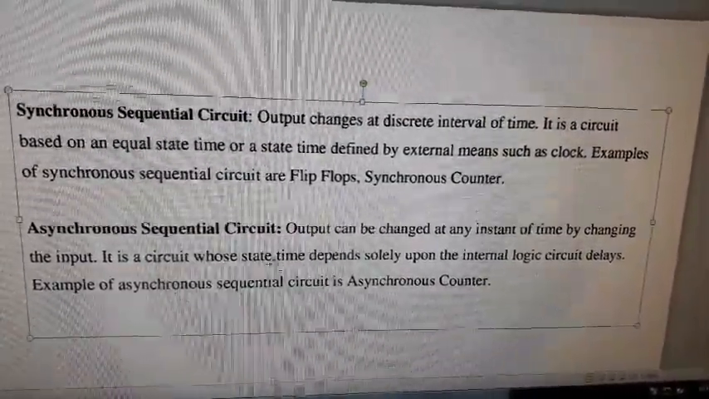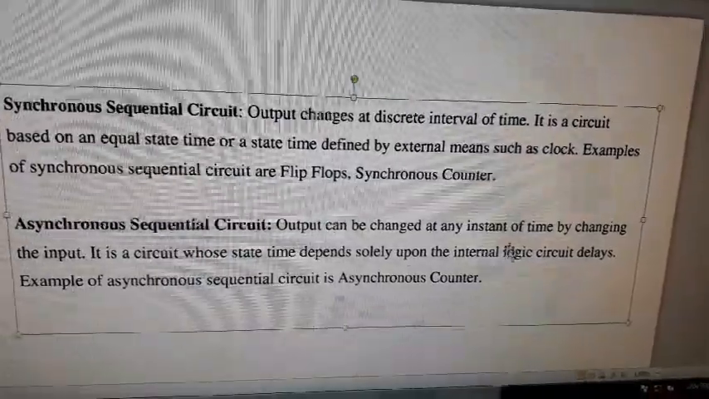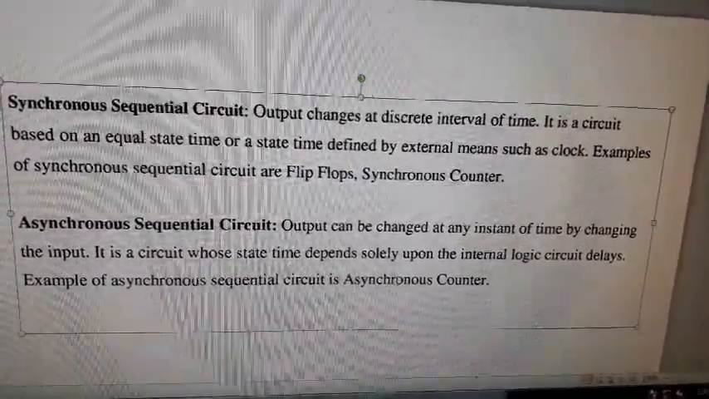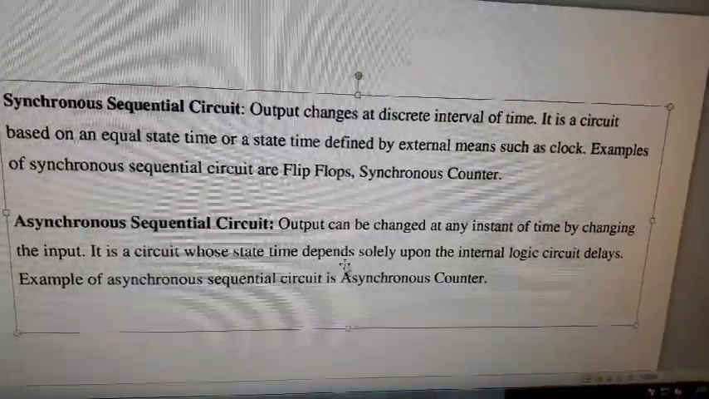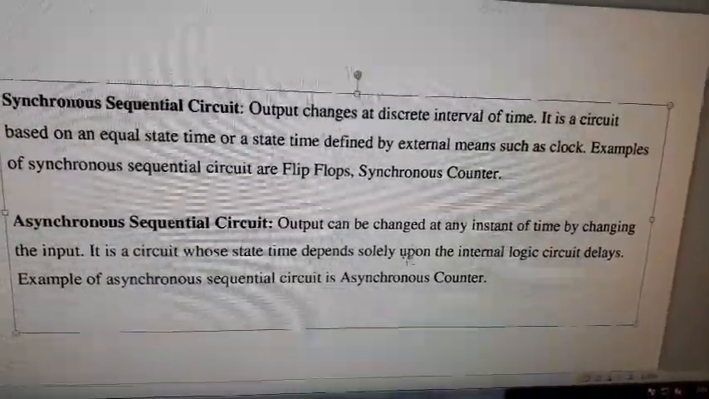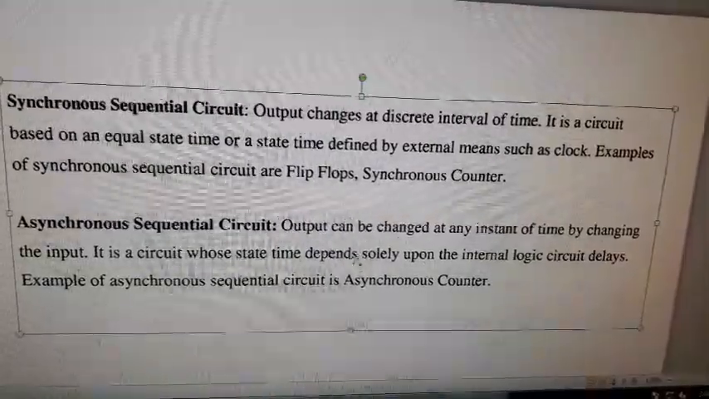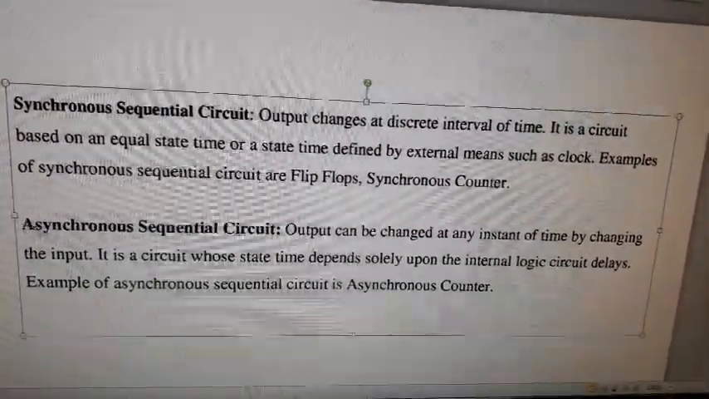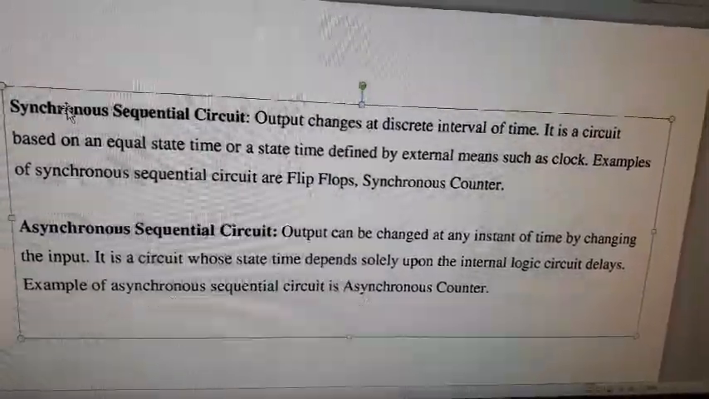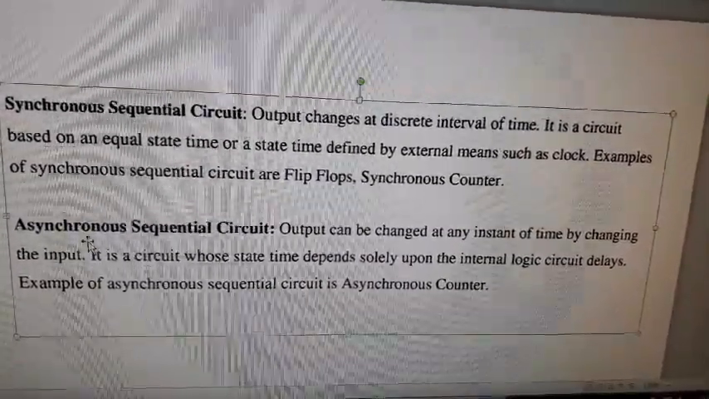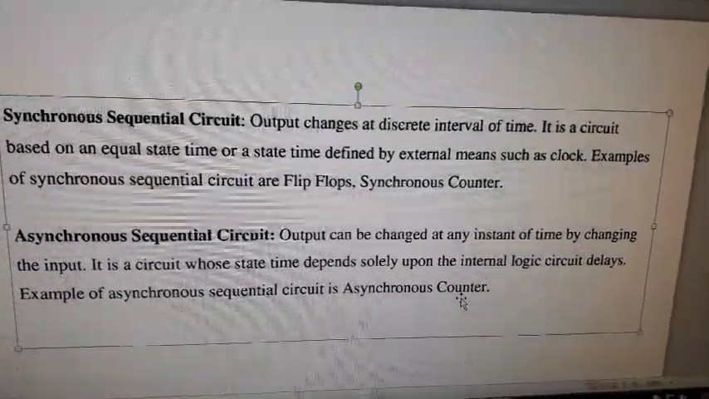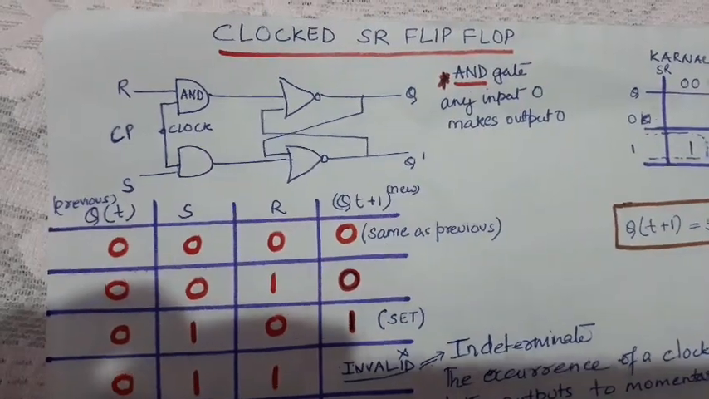Whereas in asynchronous, in simple words, there is no clock pulse present. The output will depend on the combination of the inputs, and because there is no clock associated, no timing signal, that is why it is called asynchronous. So in synchronous we have clock signal CP, whereas asynchronous is purely based on the combination of the inputs and no timing signal is present. So now we'll look at